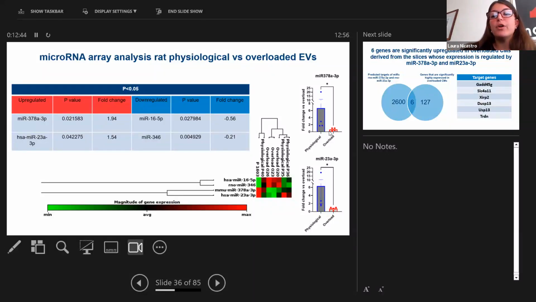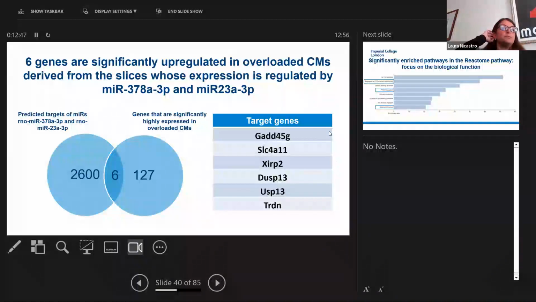Before moving on to the pathway analysis, we wanted to cross-reference the predicted targets of these two microRNAs, which from the analysis on miRWalk were more than 2,600. To narrow down our analysis, we cross-checked the expression of these genes with a bulk sequencing that we performed on cardiomyocytes isolated from the slices. And what we found is that there are 6 targets in common. They are both predicted targets of our candidate microRNAs, and they are also overexpressed in overloaded cardiomyocytes compared to the physiological. These 6 genes that you can see here on the right